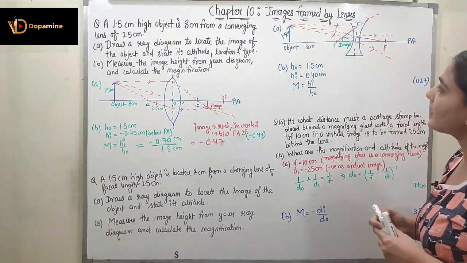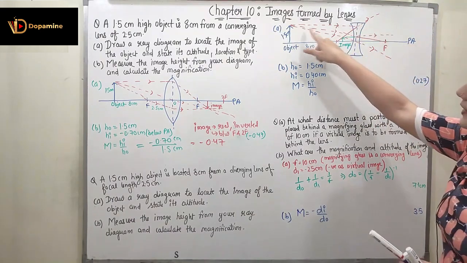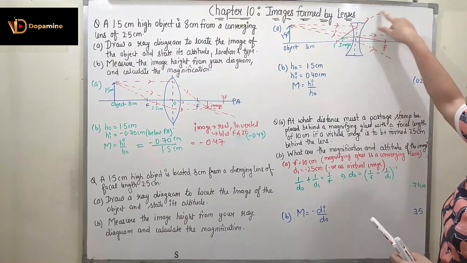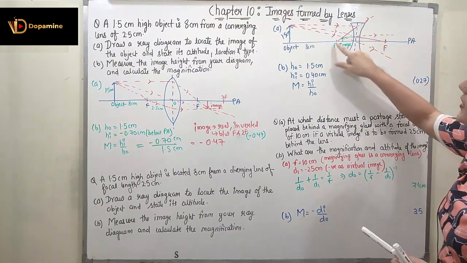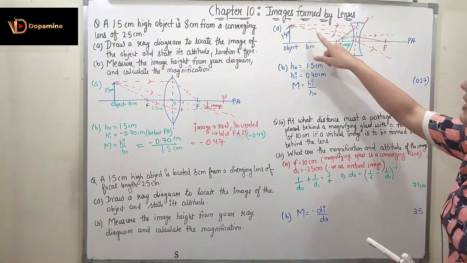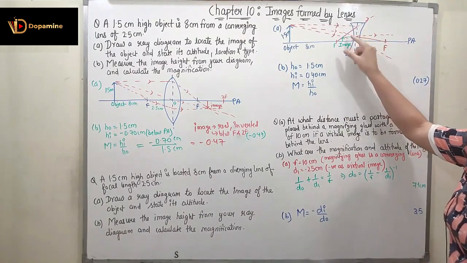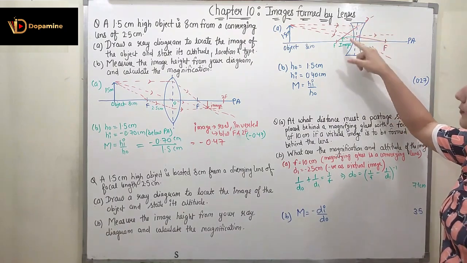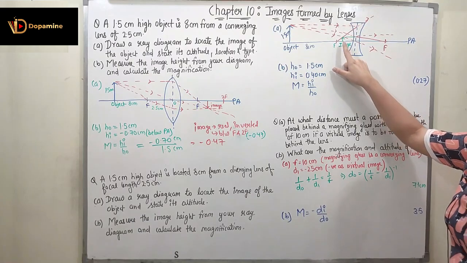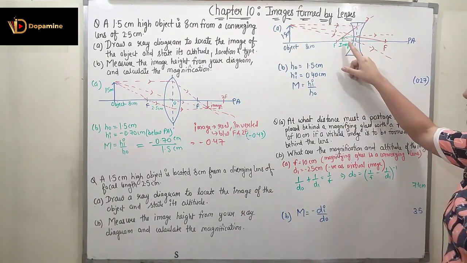Now we know the diverging lens is going to diverge the rays, right? The rays are going to diverge after coming from this lens, so the parallel ray is going to move away and appears to come from the focus. The ray which is going through the center will go as it is, and the ray which is going towards the focus will become parallel. So now when we combine all of the virtual rays, we are going to get the image. So you can see here we have the virtual image, right? So the attitude of the image we had to state: this is a virtual image.